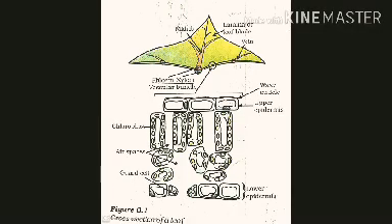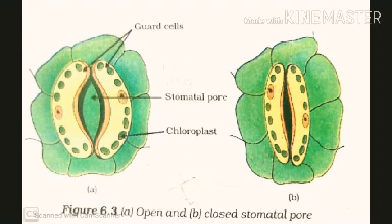If we see the cross section of the leaf, it can be noticed that some green dots called chloroplasts are present, and these contain chlorophyll. If you see in the lower epidermis, there are two guard cells. Just next to the guard cells, there is a small opening, and this opening is called the stomata. So stomata are tiny pores present on the surface of the leaves, that is in the lower epidermis, through which gaseous exchange for the purpose of photosynthesis takes place.